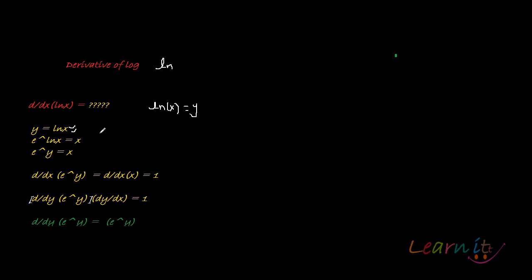Now, interestingly, I know something about the function e, and I also know that it is the inverse of ln, or ln is the inverse of e. So let me make use of our knowledge of e. If ln x equals y, that means e^y equals x, correct? So what will be d by dx of e^y?